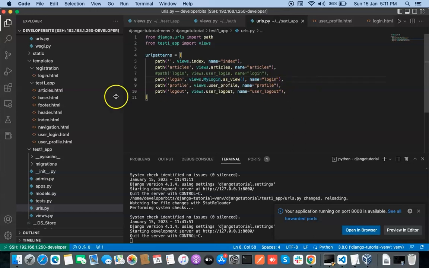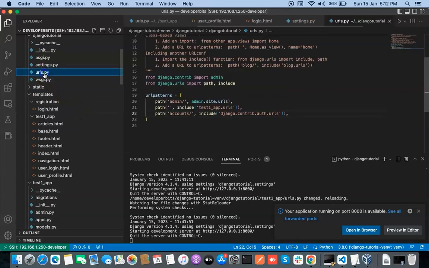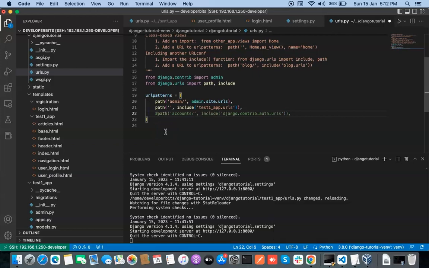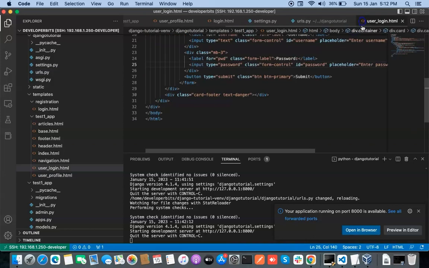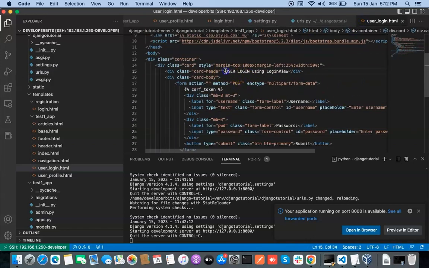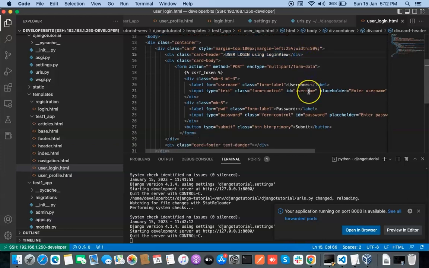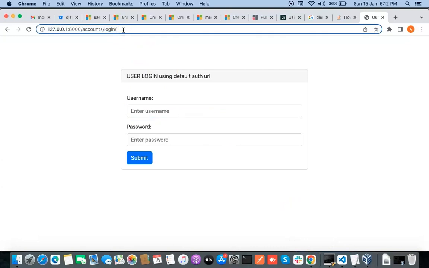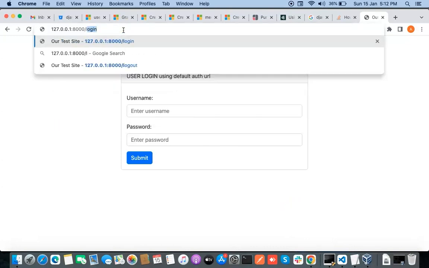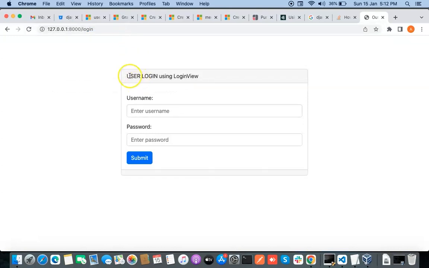So another change I would like to do is just go to the main URLs file and comment this one, because we don't want any conflict with the default auth URLs now. Just save this, and we have this file. I have already written here user login using login view. So let us try to use it again. Let us try to login now. So you can see that it is using the same template which we have defined here, and you can log in here,